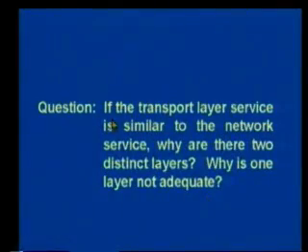Now the students keep asking this type of question: if the transport layer service is similar to the network service, why are there two distinct layers? Why is one layer not adequate? Now the point is like this. If you remember, in the data link layer also we talked about all these issues, which we have taken up at the transport layer and even at the network layer. Then if all these issues are discussed at the lower layers, why do you require another higher layer? The answer to this question is that in the other layers we are simply talking about two neighbor machines,